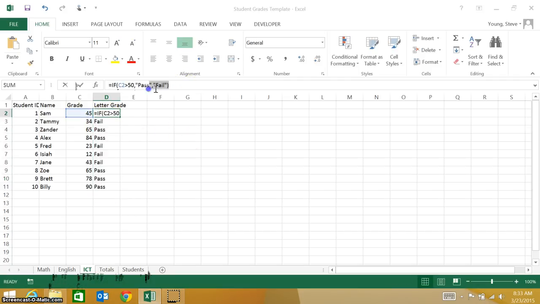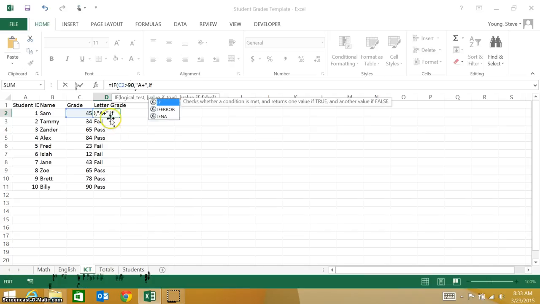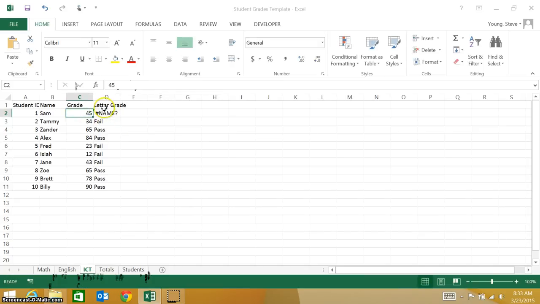Now, if we want to break it down further into letter grades, then what we can actually do here is we can actually ask more than one question, and this is called a nested if. So in this case, I'm going to ask if the value in C2 is greater than 90. If it is, I'm going to display an A+. Otherwise, if the value in C2